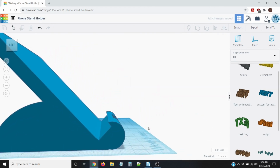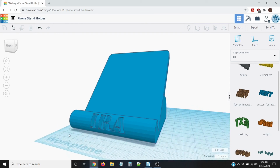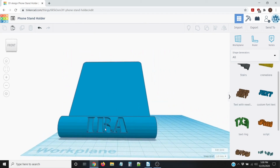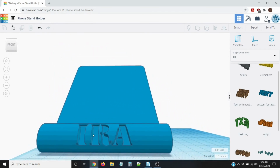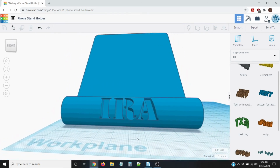Now, as you can see, I've got my name, which is IRA. It's going to look like it's being cut out of this, and it'll be printed like this. It's probably going to need what's called support material. I'll show you guys what that would look like in the printing software we use. But it would just need some